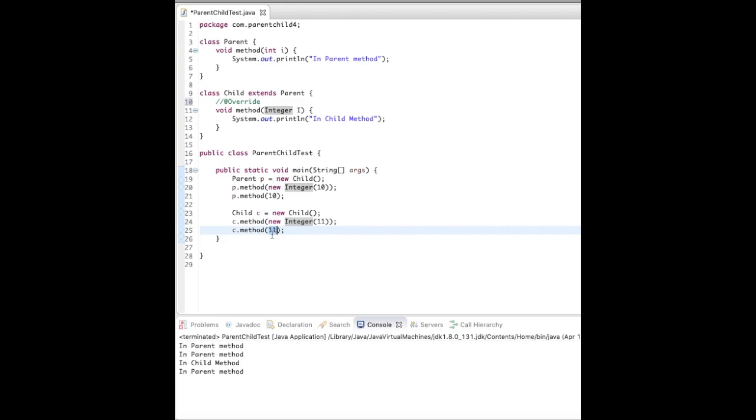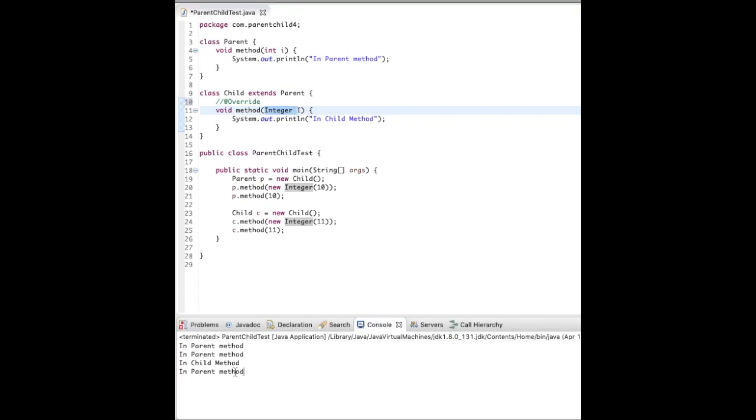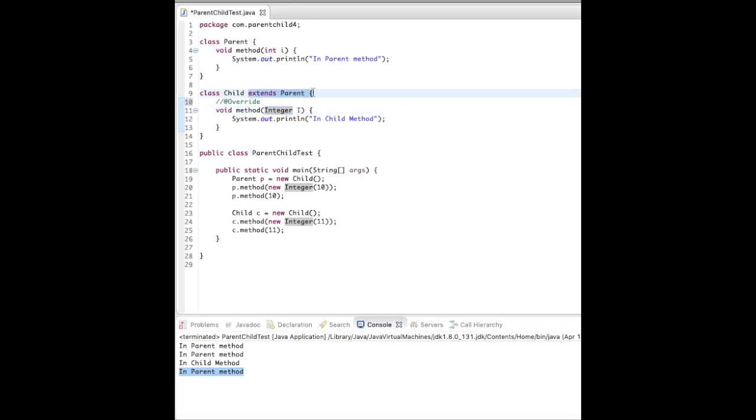since because of unboxing and autoboxing this is also convertible to this Integer, then why do we get the parent method here? Since it extends the parent class, we have scope here to check parent methods also, because whenever we extend any class, the methods in that class are also included in this child class. So this method is also in the scope of the child class.